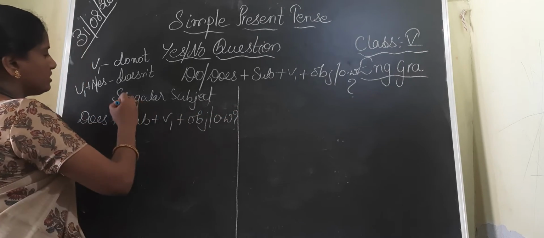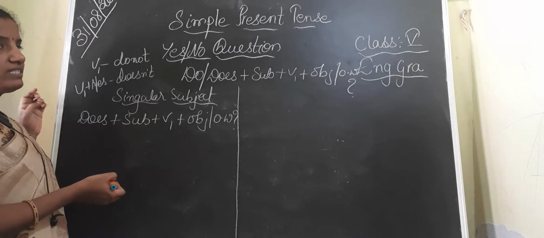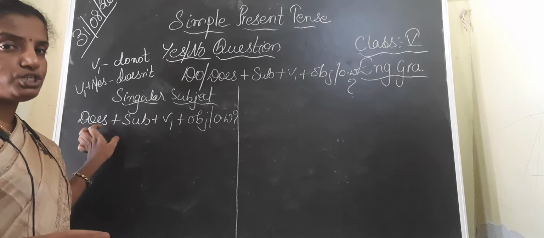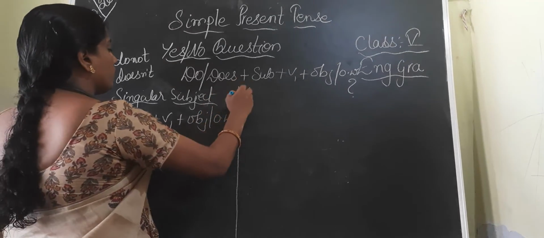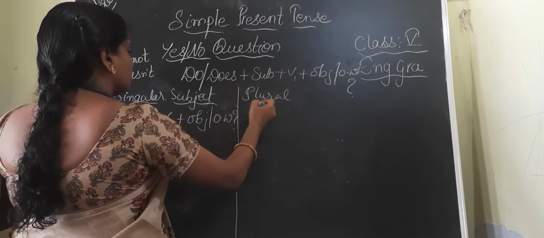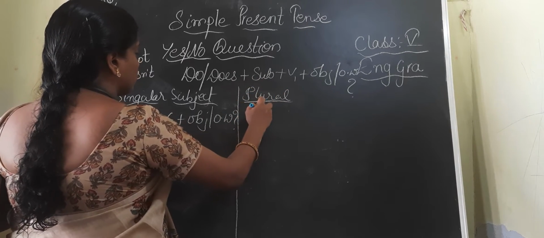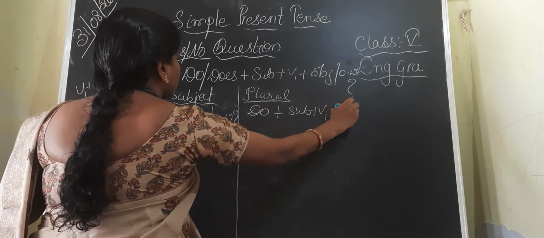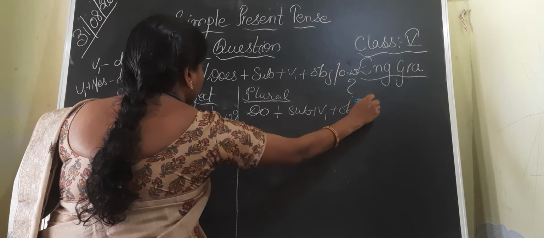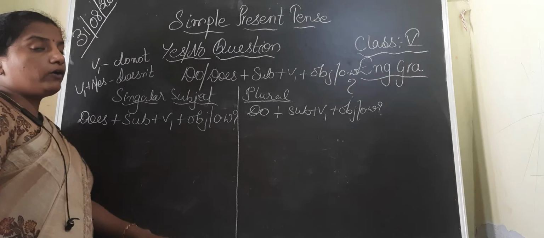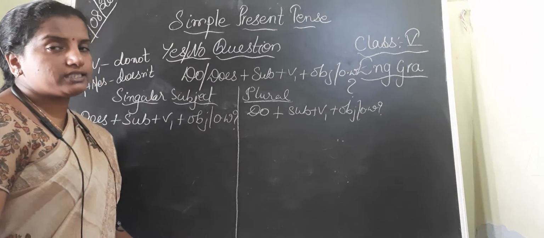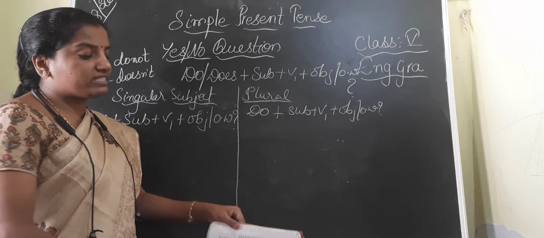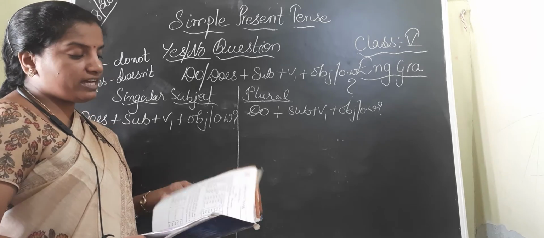Is it clear? Now see, children, whenever there is a singular subject or V1 with s or es, you have to start your question with does. When we are talking about the plural subject, you have to start the question with do. So to write the question form, you have to identify the structure given to you in the answer. According to that structure, you can easily frame the question form. Now I'll show you a few examples, then we will go for the exercise, children.